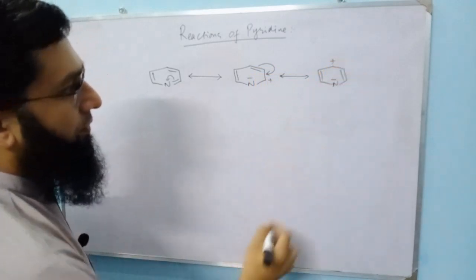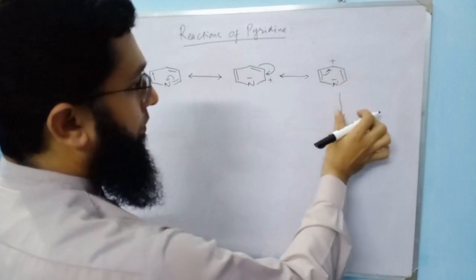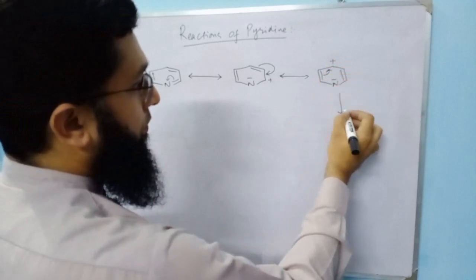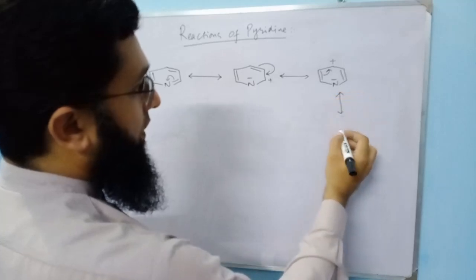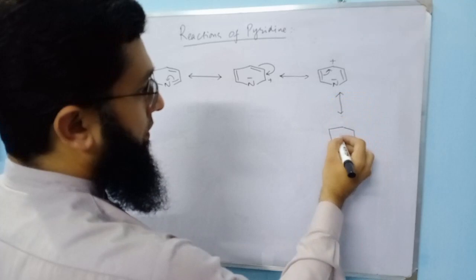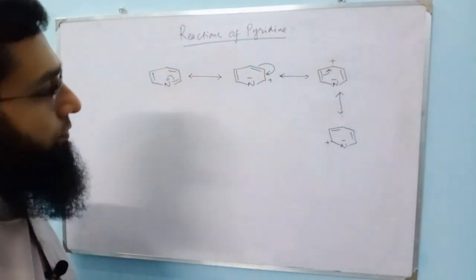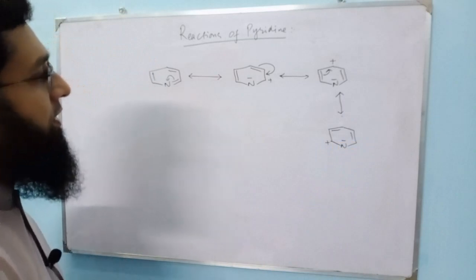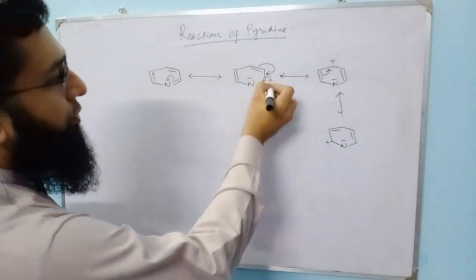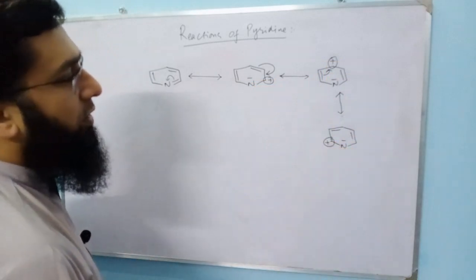Then we have this one. And this one. So we can see here that position 2, position 4 and position 6, they are with lowest pi